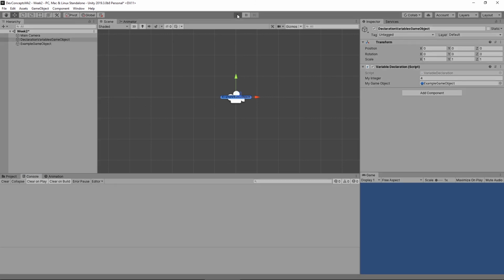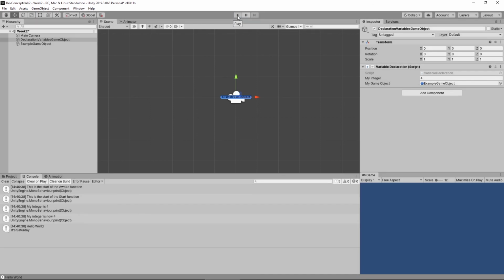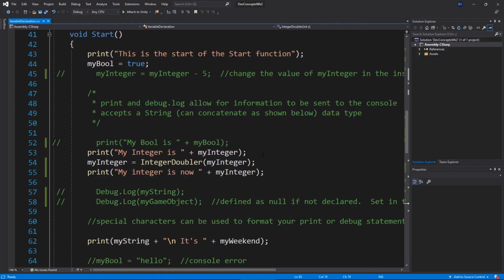So when I hit play, there we go. My integer is 4, and now my integer is 4. Okay, awesome. Let's go back to our code one more time and check out one more thing. So here we are back in the code, and the last thing I want to take a look at is